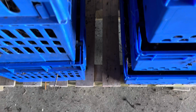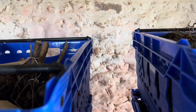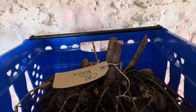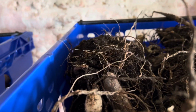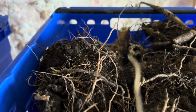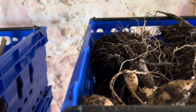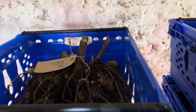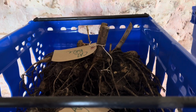Now, when I say in the garden, not everything we're doing at the moment is in the garden. Here are all the dahlia tubers tucked up nicely in these bale arm crates, and you can order them online. They're incredibly useful. So we keep our dahlia tubers still muddy because it seems to protect them quite nicely for us, and stops the mold getting in. And we keep them in here. This is my flower studio. Look, nice picture on the wall to keep us all happy. And we'll keep them in here until April, when I will split them and pop them up